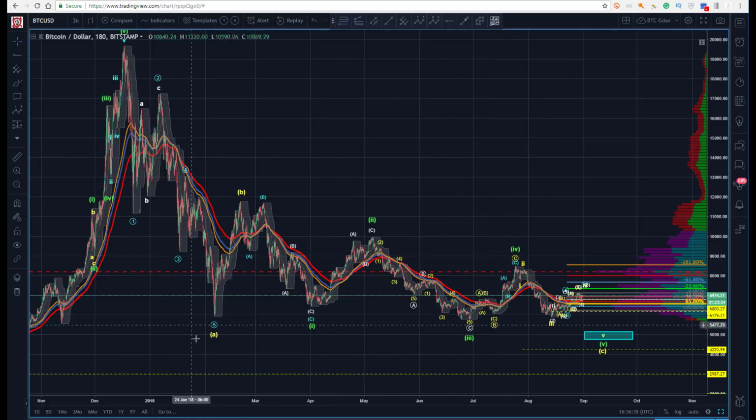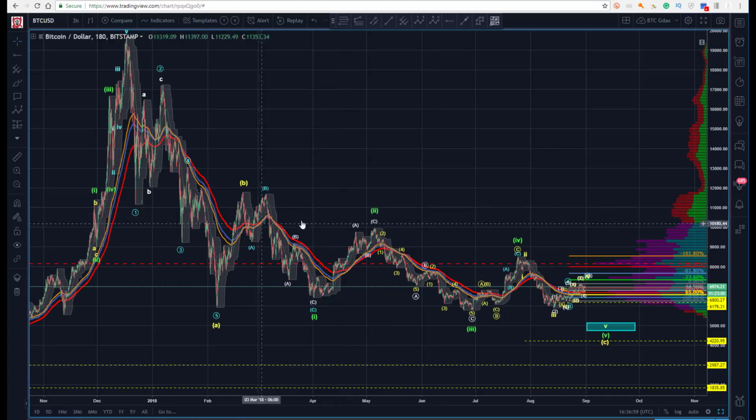So again, I've got us coming down in 5 here into an A. Here's a B. Now, clearly we would be in a diagonal with the overlap here. So this all has to be laid out as three-wave structures, A, B, C's. I have a zigzag here in the third. It just may